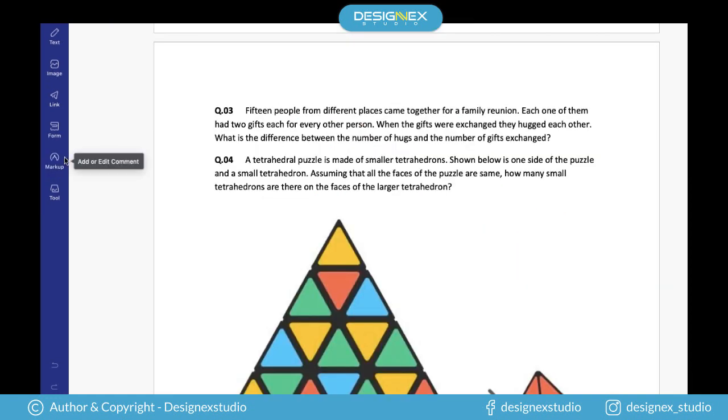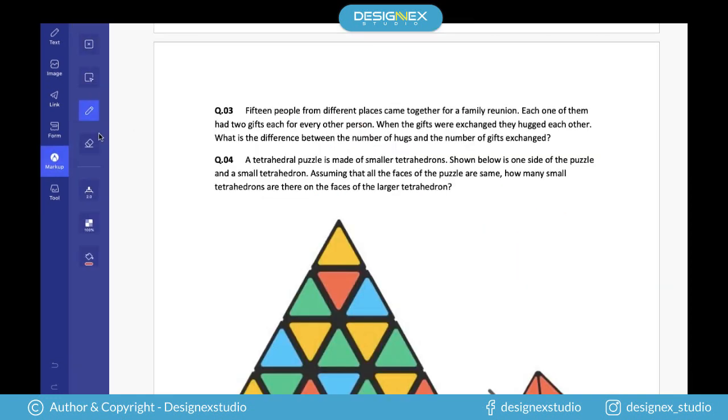Okay, so guys, coming to this question. Here, 15 people have come to a family reunion, and they each exchange two gifts and then hug each other. So one person is giving two gifts, so 2 into 15. These are the number of gifts. One person has got these many gifts, so 15 people would have got,